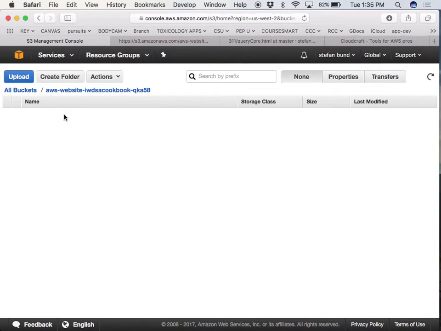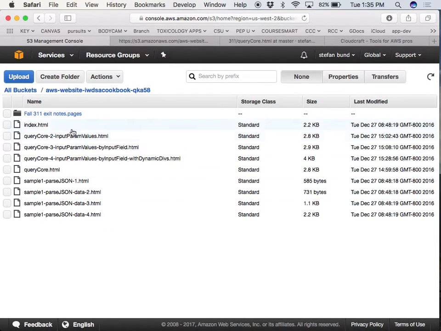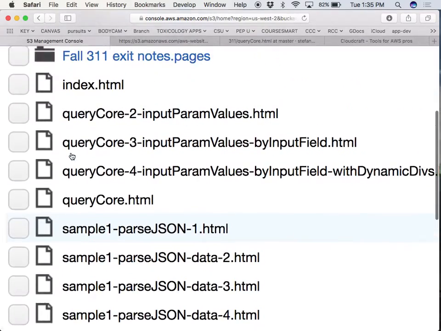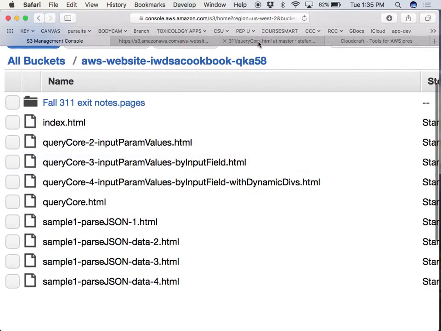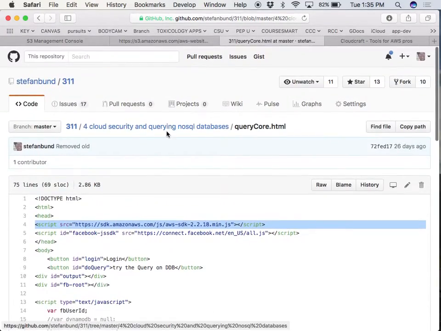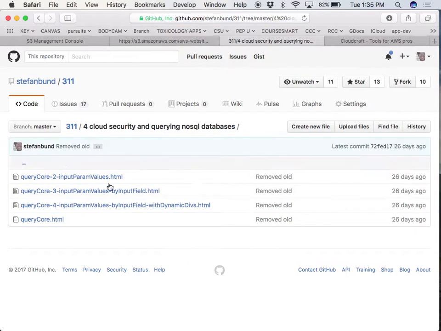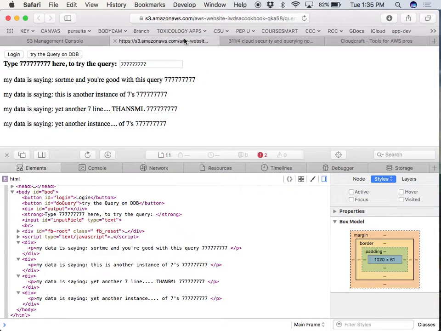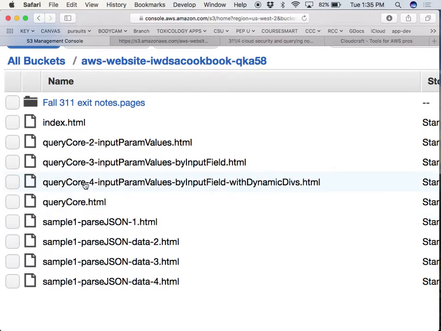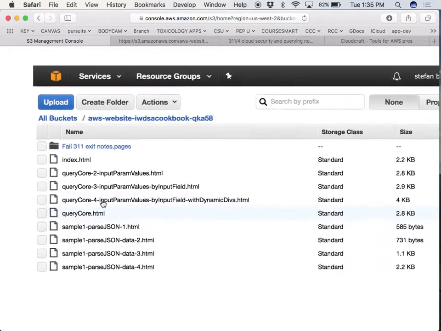This is a bucket, and I have lots of .html files in here. You notice that they mirror the files that I have up here on my GitHub because I want to push these files into the cloud. Now, what I can do here